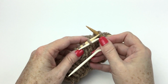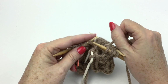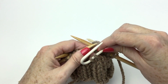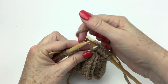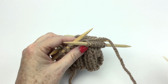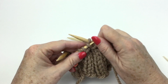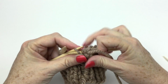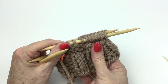Move 2 stitches onto the cable needle, drop it at the front of the work, knit 2 stitches from the next needle, and then knit the 2 stitches from the cable needle, and then purl 4. Now, looking back at both the text and the diagram, the next round is going to be knit 8,